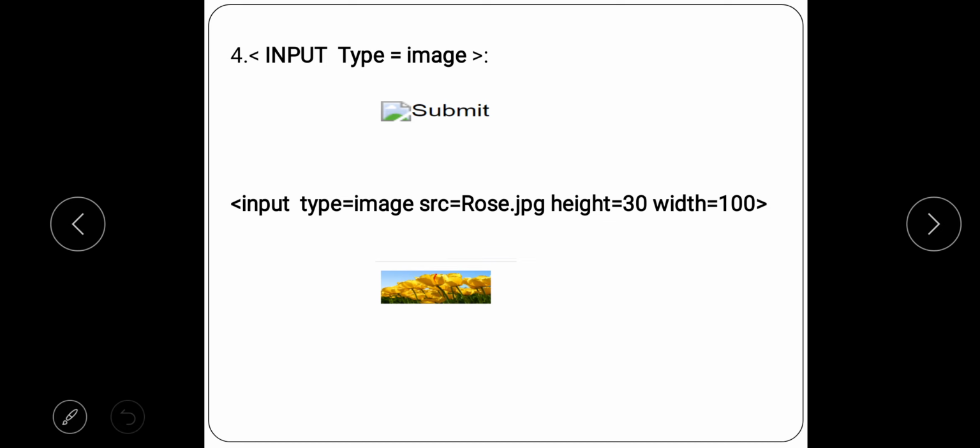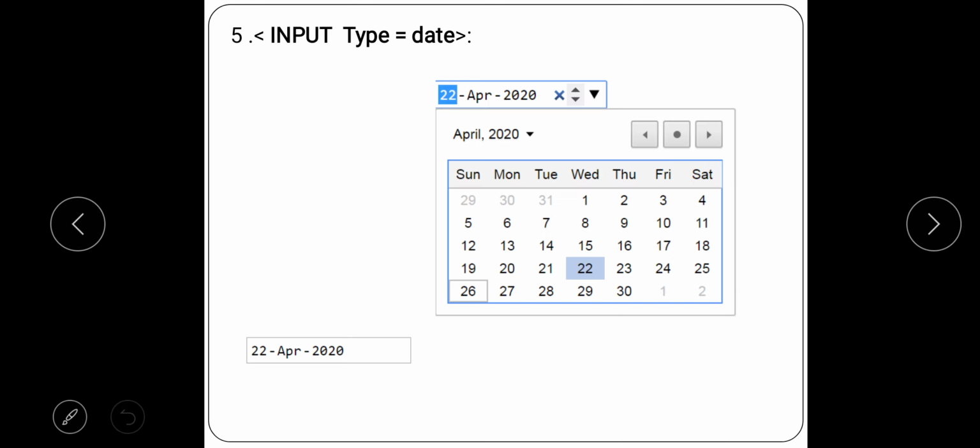So in the above code you are not seeing any image because I have not taken any image, right? So below there you can see input space type equal to image. Then I am using the source attribute where I am giving the image file name, then later its height and width. So below you can see I have got the rose.jpg button, which when clicked will work as a submit button, right?